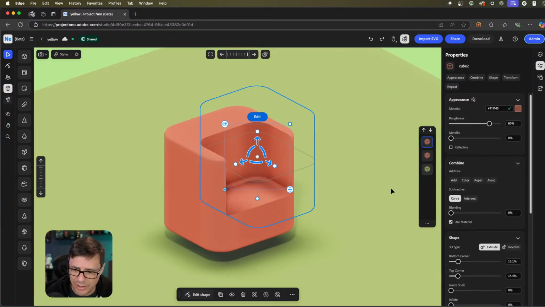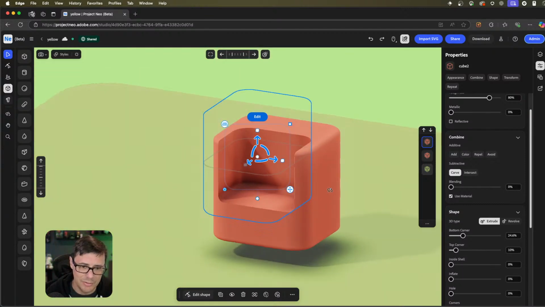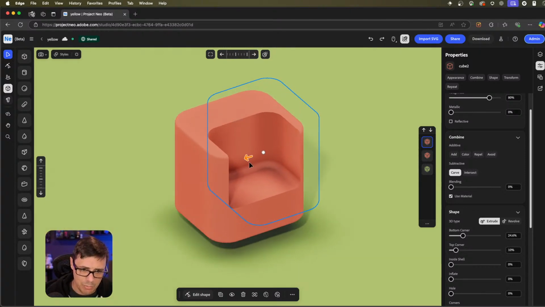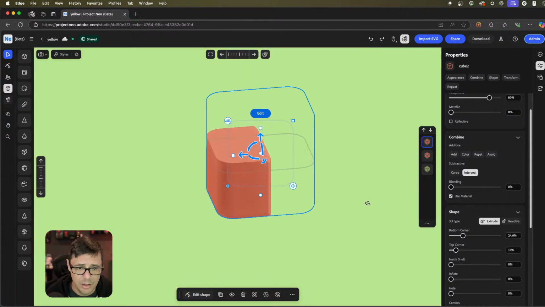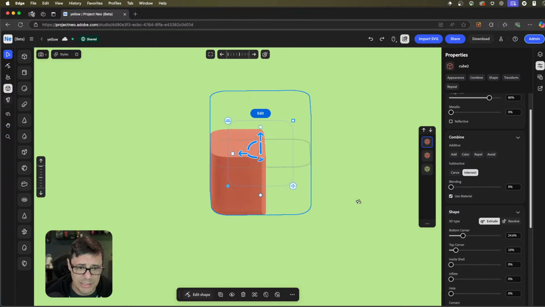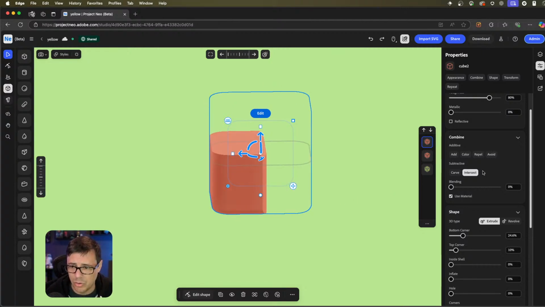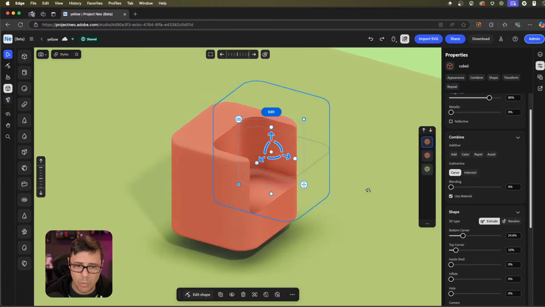Some of the edges look kind of hard, right? So I can play around with the bottom corner, the top corner, stuff like this, just to get different kinds of levels. You have your inflate, which I can inflate the shape, and so on and so forth. So right now, we're combining the shape with a carve, but we could also do other things, like I could do an intersect. So it's going to give me an intersection and leave a new piece of geometry behind, which is kind of fun. I could do, like I said, a carve,